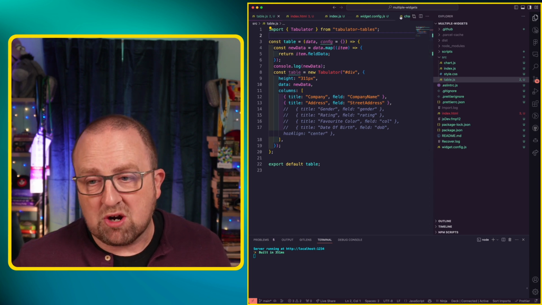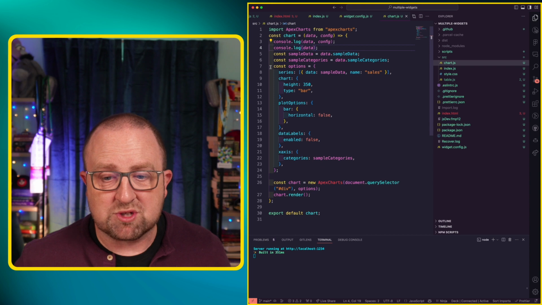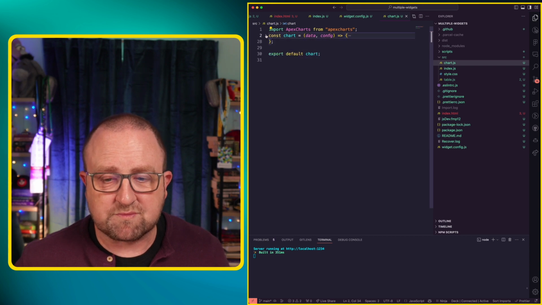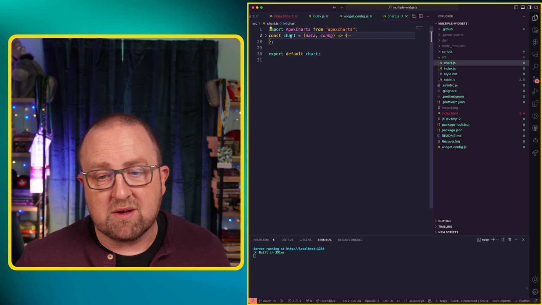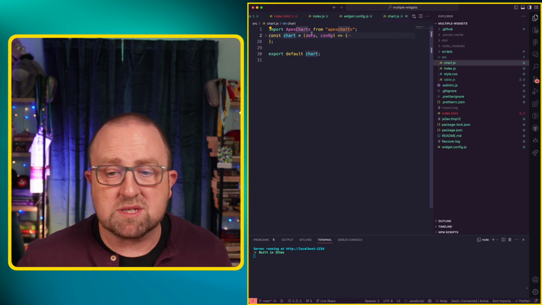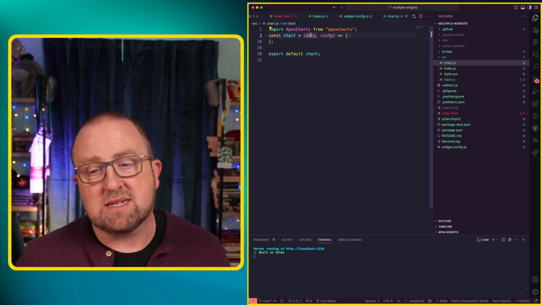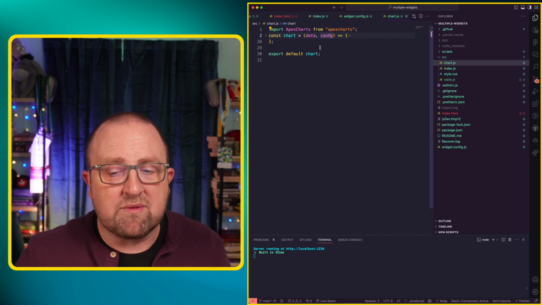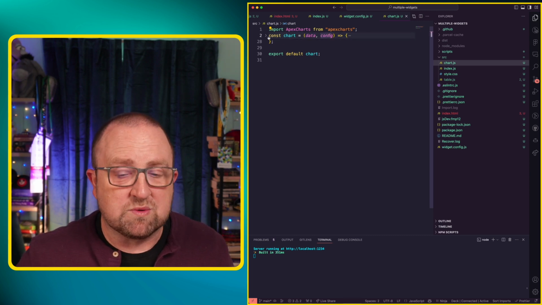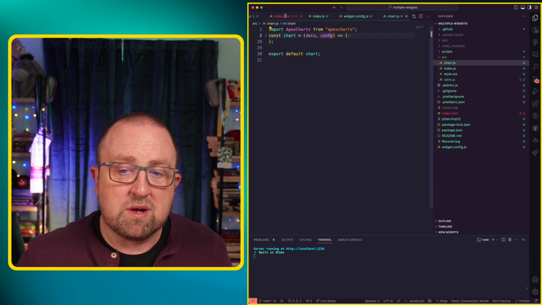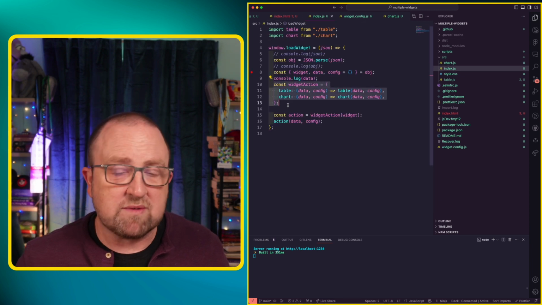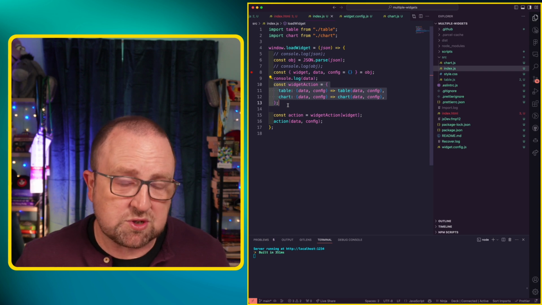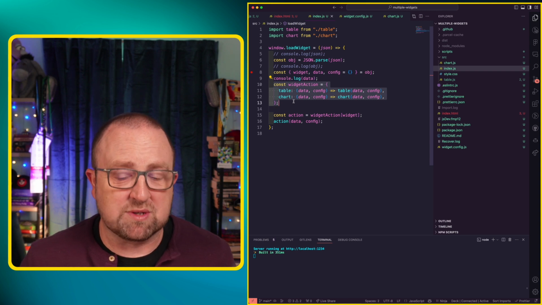And for the charts, I've got just a normal chart widget here that has the Apex charts, and there's a variable called chart that is a function that takes in the data and maybe a config, and then is used in the web viewer. So the index.js file tells the JavaScript which of those two code bases to actually run,